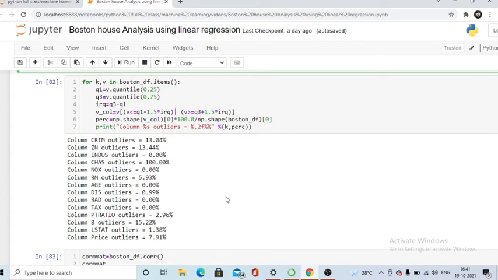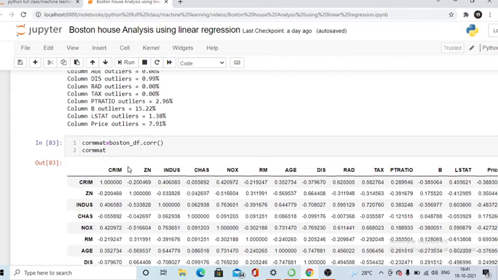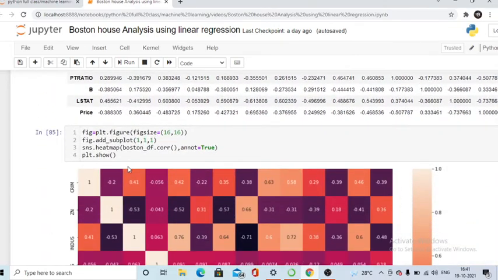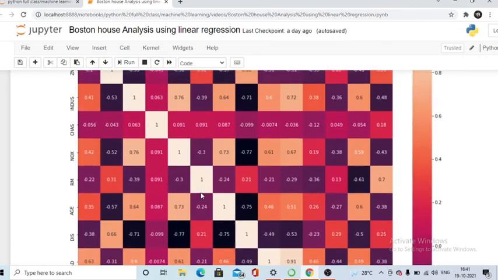features only. Okay, so now what I am going to check is the correlation matrix of my Boston dataset. So what is a correlation matrix? Correlation matrix values range between -1 and 1. Here we are getting the correlation matrix of each of my features with respect to the price. And if I print that correlation matrix as a heat map, this is my figure. Here you can see all these values.